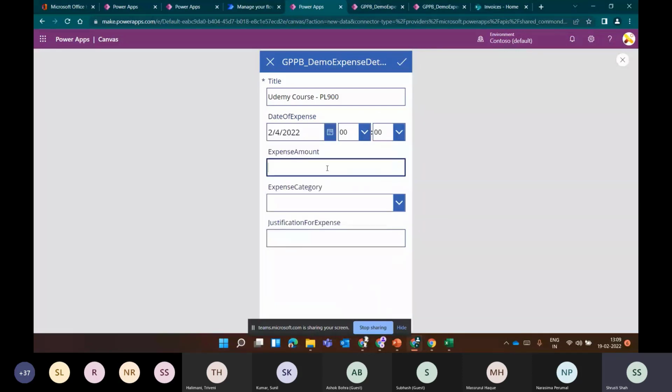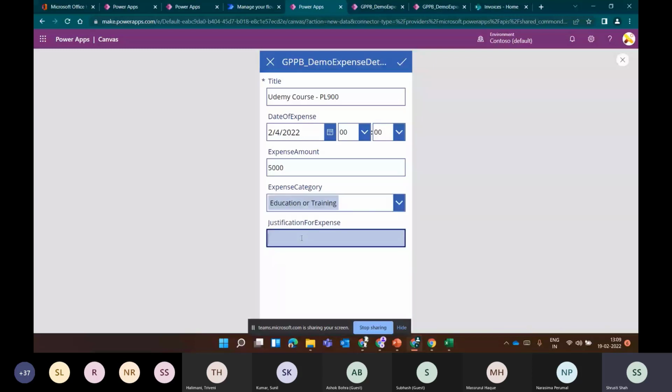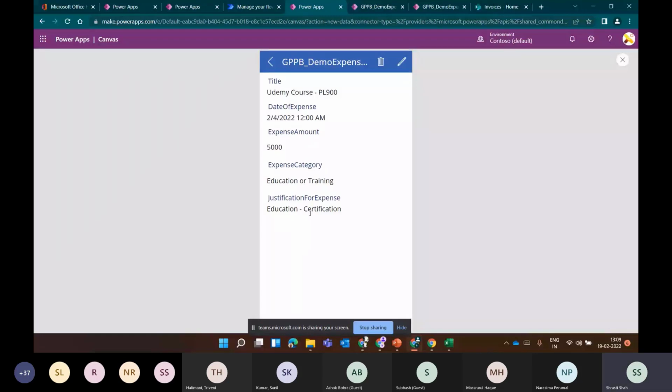expense amount. Right now, this expense it is taking in the logged in expense location. So it is taking Singapore dollar right now. But yeah, you can definitely change that. I will just select education and training, education and certification was my justification. And now see, our entry has already been created and you can just see all the details